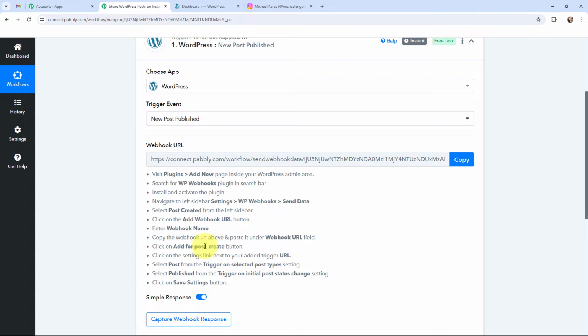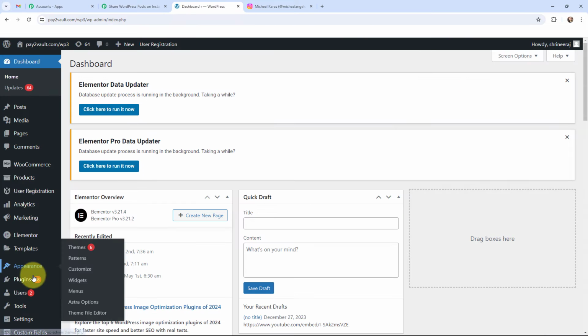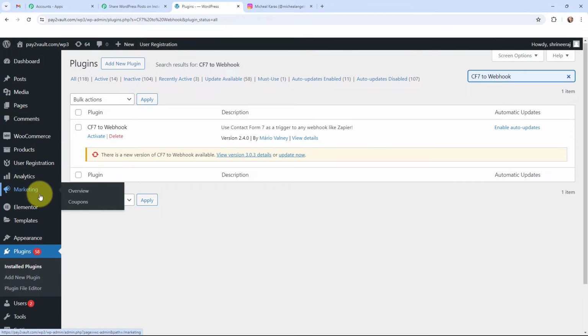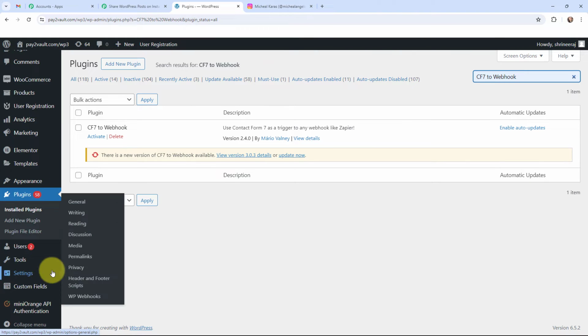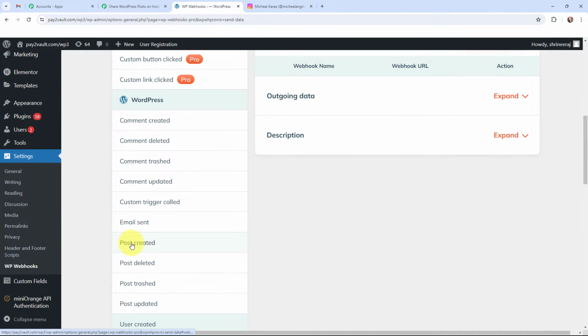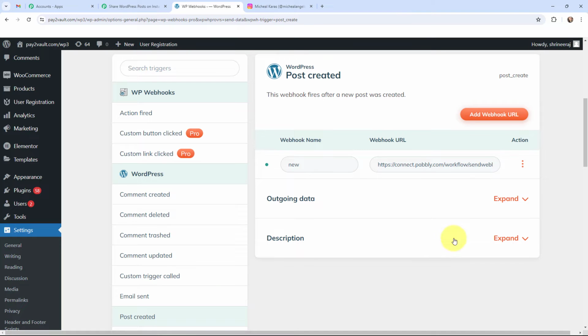search for WP Webhooks. I will go to plugins and I will go to installed plugins. As you can see, I have already installed this plugin, so I'm going to proceed ahead. Over here I will go to settings, and in settings I will go to WP Webhooks. Here in WP Webhooks, I'm going to select the trigger for post created, and over here I'm going to